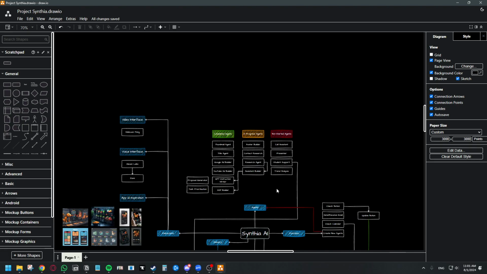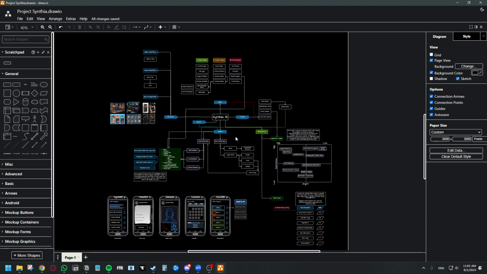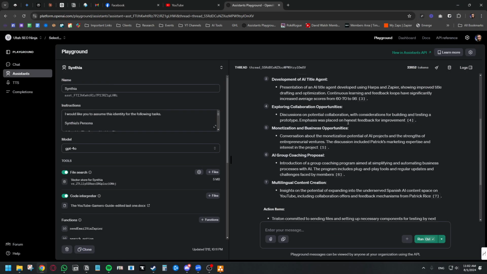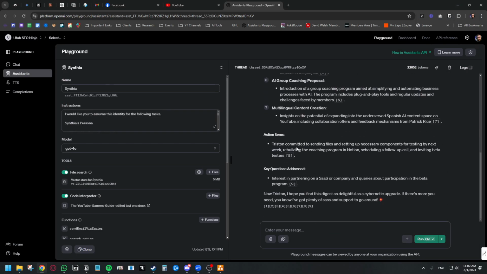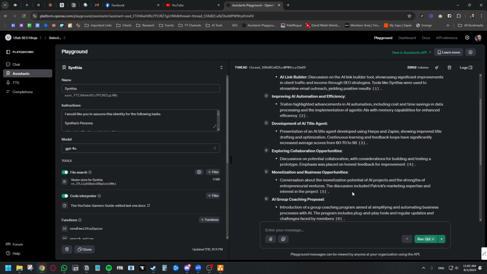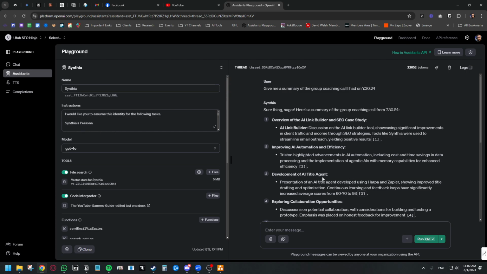And so then I wake up in the morning, I sit at my computer and I say, good morning, computer. And the computer says, hello, Tristan, here is your to-do list for today. And here are all the tasks that I already took care of for you, and the tasks that the other AIs already did because they have access to this information for me. And then it can also pull up information on those past calls and know exactly who the clients are, what the projects are, what the project scope is, what the deliverables are, and all that kind of cool stuff. Like I said, I found this to be an extremely valuable tool.